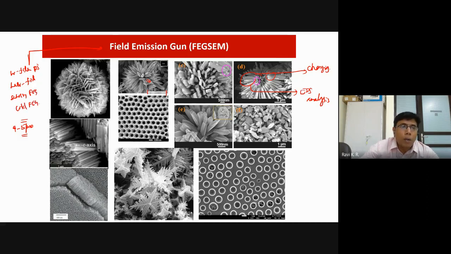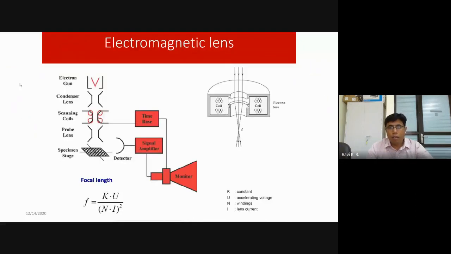That means I need not repeat whatever I have done here. It is applicable. Suppose someone is saying that I am having a LaB6 filament in my SEM or TEM. That means it is a conventional microscope, but with a better filament compared to the tungsten filament. So for TEM and SEM, the filament types and working principles are almost the same. That you need to remember. Whatever I teach you here is applicable to TEM also. Okay, now next part we will go.